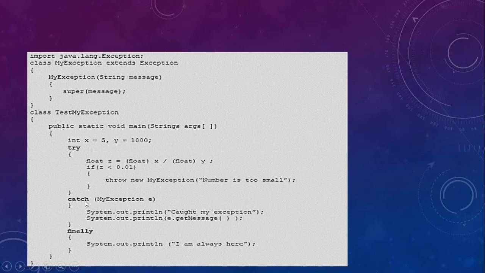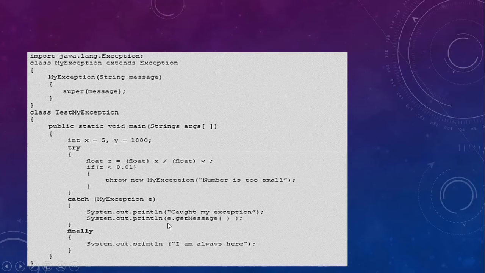Now there is a catch block that catches the exception of the type MyException. It first prints, with System.out.println, "caught my exception", and then it will print e.getMessage(). Please note, getMessage is an inbuilt function which is present in the Exception class.